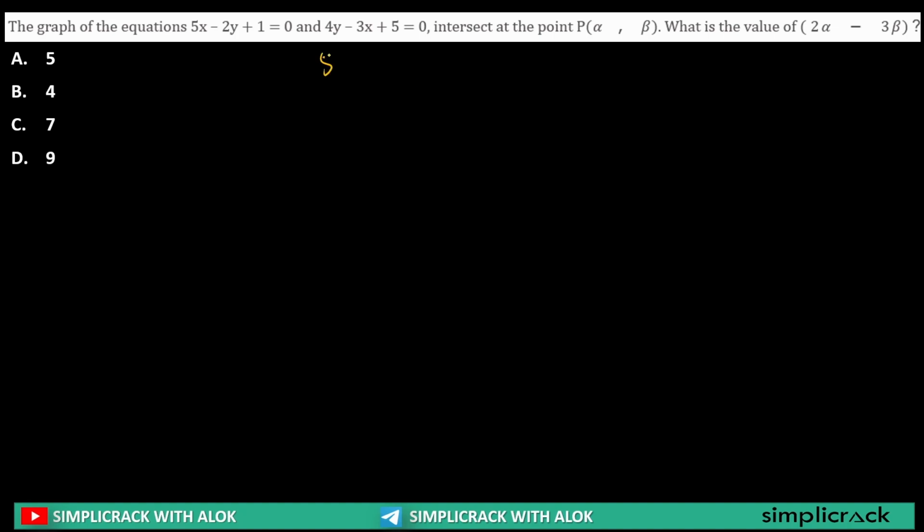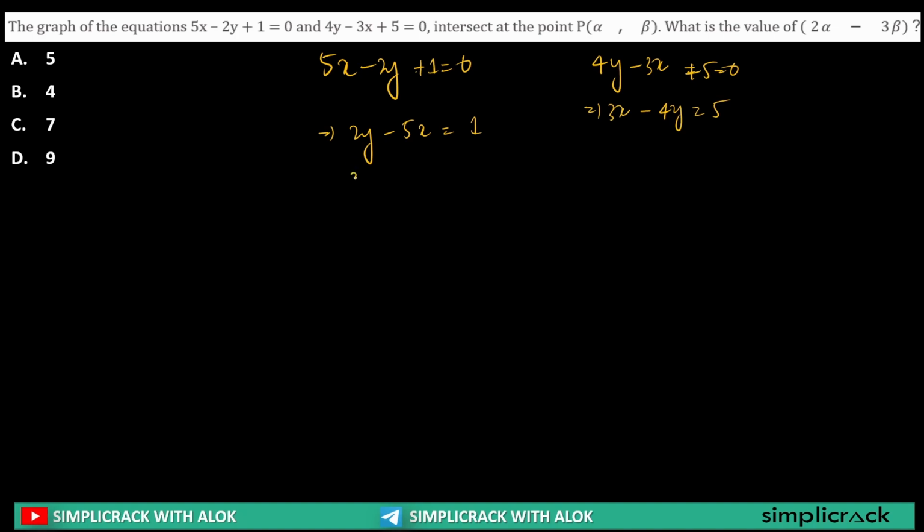So let's say the equation is 5x minus 2y plus 1 is equal to 0. Now this can be written as 2y minus 5x is equal to 1. Yes, sir. Second equation, 4y minus 3x plus 5 is equal to 0. This can be written as 3x minus 4y is equal to 5. Yes, sir. Now if I solve this,